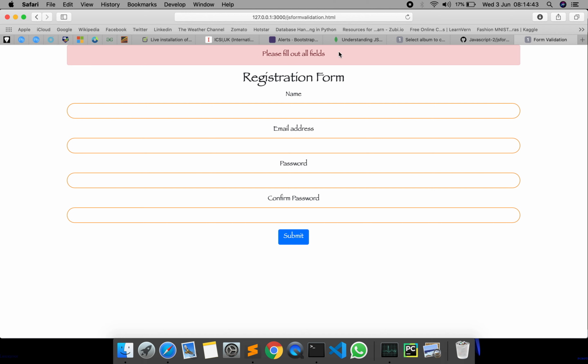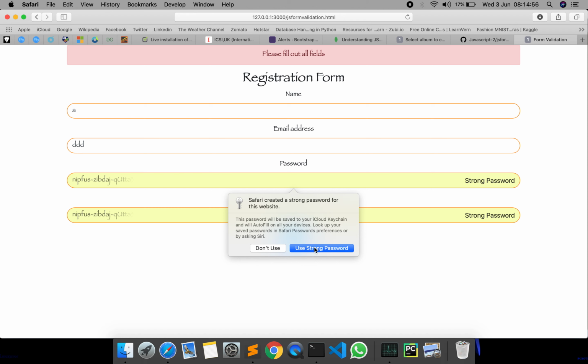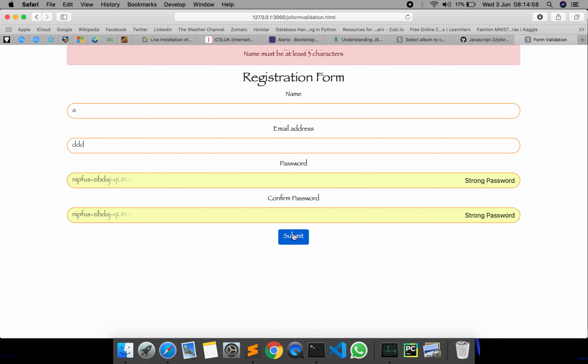This is added using JavaScript. Now suppose I enter a name with a single character only, for example A. Okay, I need to fill out all the fields, just a minute. I have entered just a single letter, and now it is showing name must be at least 3 characters. So we are validating the form. If you don't provide valid details, your form won't be submitted. We are going to create something like this.